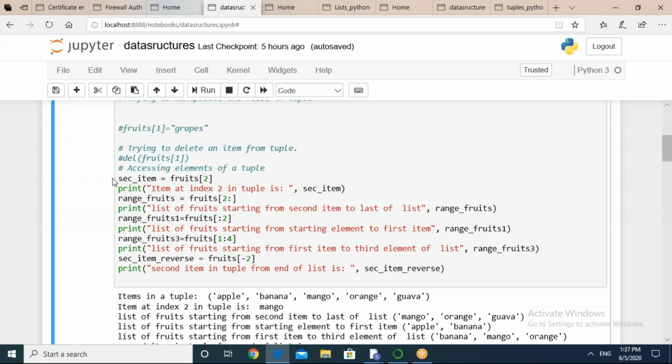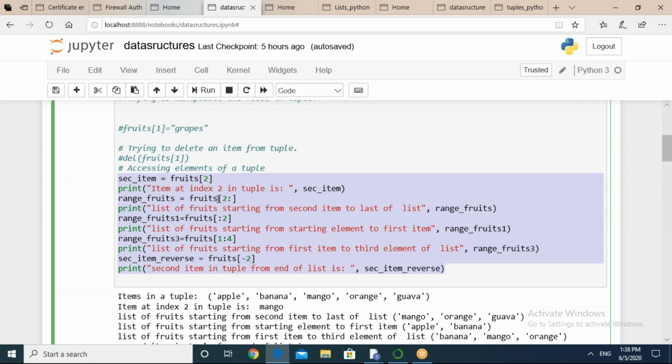What are the different operations that tuples allow us? So you can perform these operations which I am showing you right now. You can access or retrieve the items. All this code is all about the different ways to access your items in a tuple. So I am doing here fruits 2. I am assigning it to second underscore item. हमने यहाँ पे क्या किया है, एक आइटम फेच किया है टपल से. टपल हो या लिस्ट हो, सभी के केस में जब हम रिट्रीव करते हैं आइटम्स को तो स्क्वायर ब्रैकेट में ही इंडेक्स लिखेंगे, और ऐसा ही आपको एरेज में करना होता है. तो सेकंड आइटम आपका इसमें आ गया, दैट सेम आई एम डिस्प्लेइंग हियर.